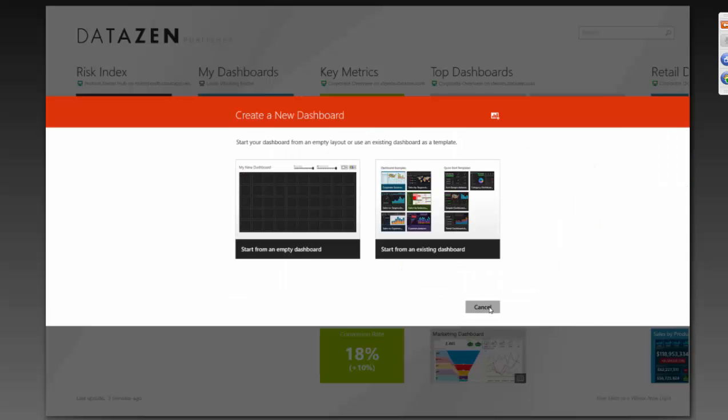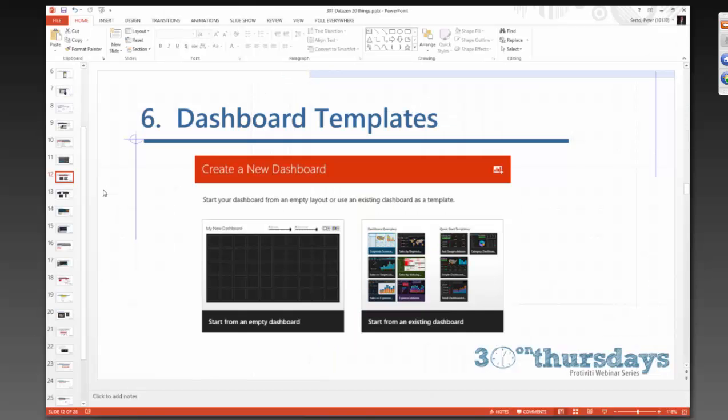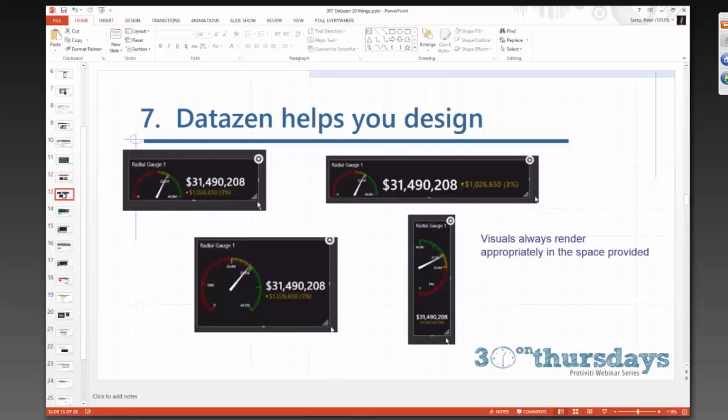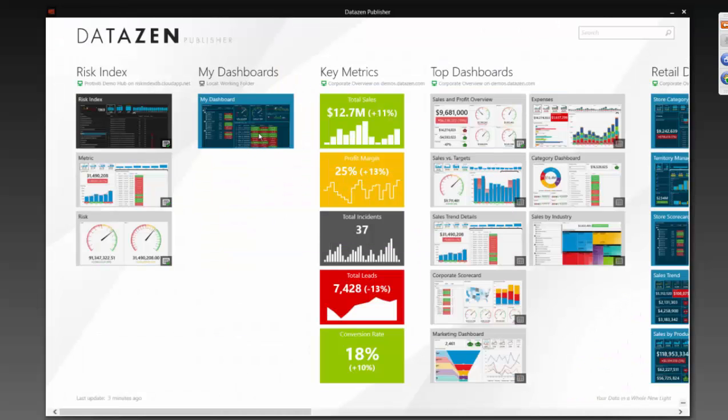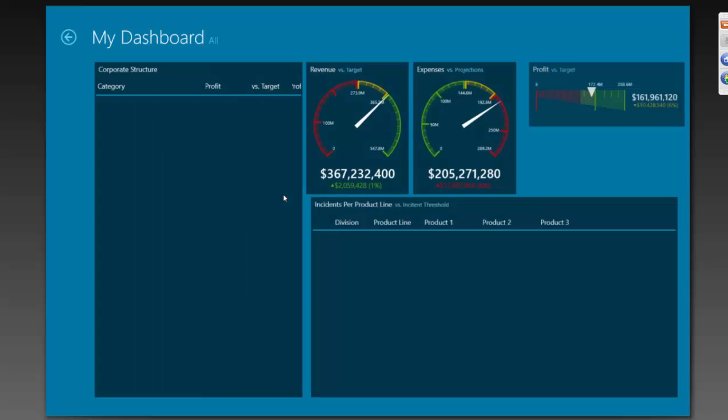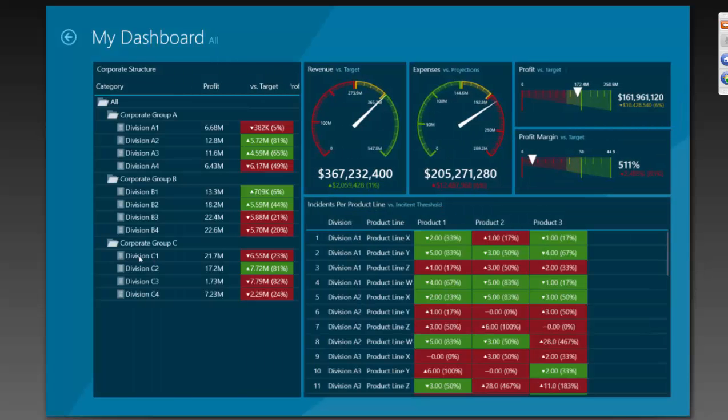So I love those data dashboard templates. Datazen helps you to design. Visuals always render in the space appropriate. So let's take a look at that and understand a little more about what that means. And I'll load up this dashboard here that I have. And if I go and edit it,